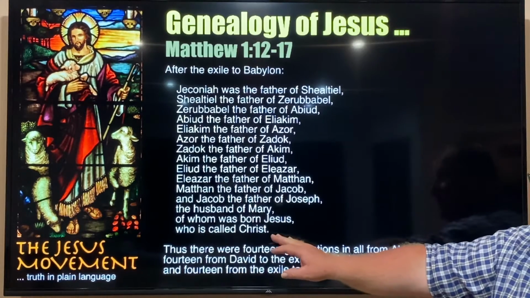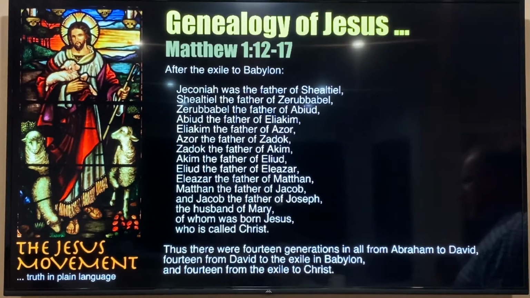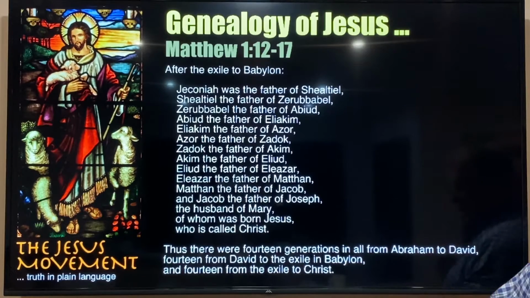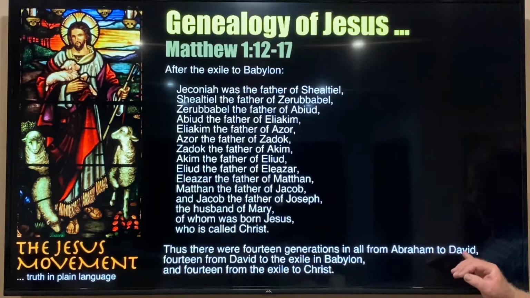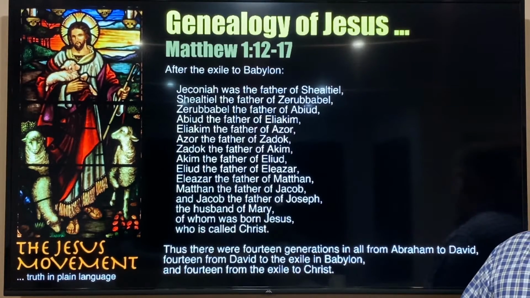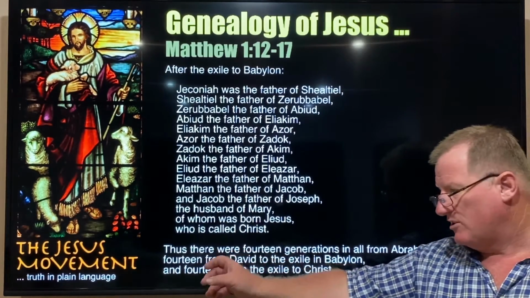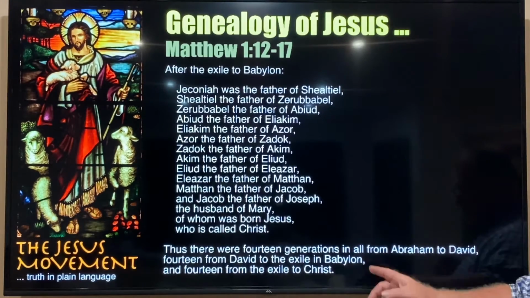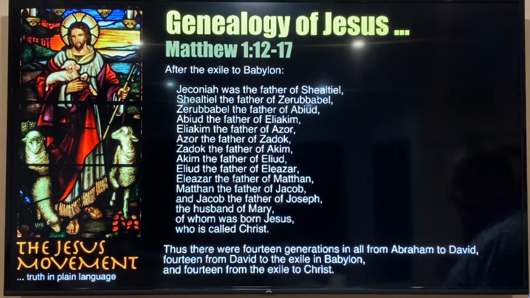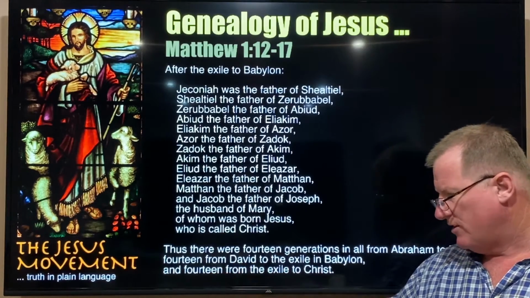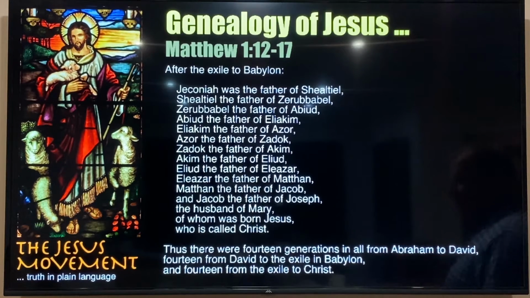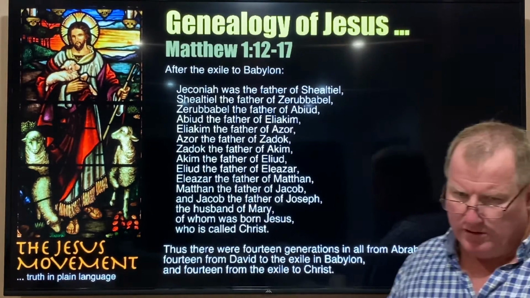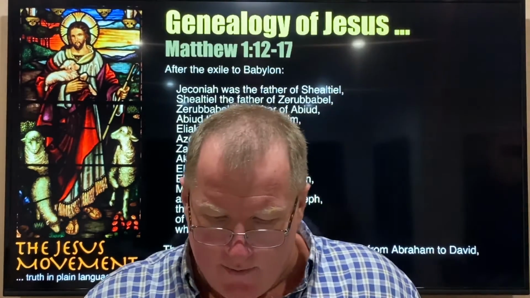It just pays to mention that verse 17 actually speaks about the structure of the genealogy, and it talks about the fact that there were 14 generations in all from Abraham to David, so to the beginning of the period of kings. Then we have another 14 generations from King David through to the last of the kings in exile in Babylon. And then we have another 14 generations which go from the period of exile until Christ. And so we have this extraordinary pattern where there's three segments of history